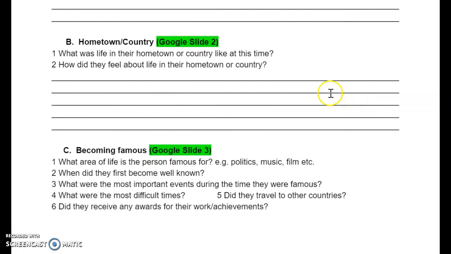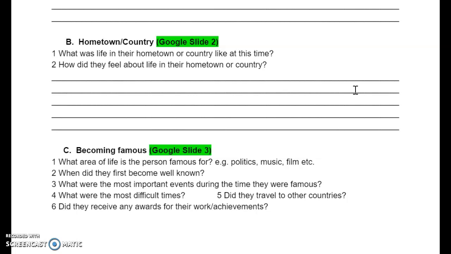For Google Slide 2, you will be doing research on their hometown or country. So question 1 asks, what was life in their hometown or country like at this time? Question 2, how did they feel about life in their hometown or country? Again, in paragraph format, you would gather information and put it into Google Slide 2. For Google Slide 3,